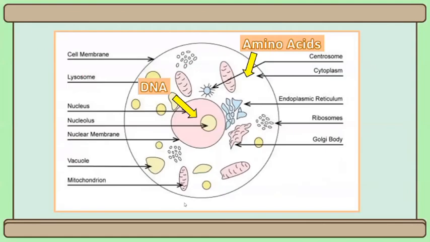DNA lives inside the nucleus, as you can see in the diagram. The nucleus is the red part inside the cell. However, the amino acids live in the cytoplasm, which is the white portion inside the cell membrane. As I told you that amino acids are in need of DNA to form the proper protein, amino acids should interact with the DNA. However, there's a distance between DNA and amino acids.